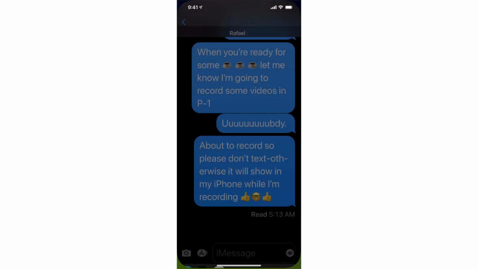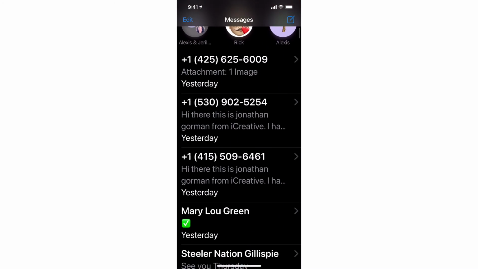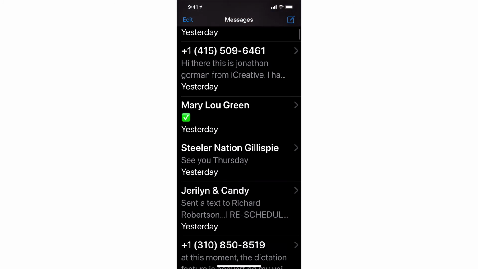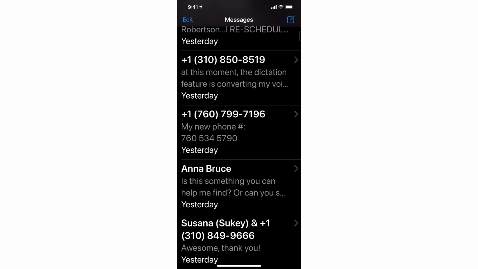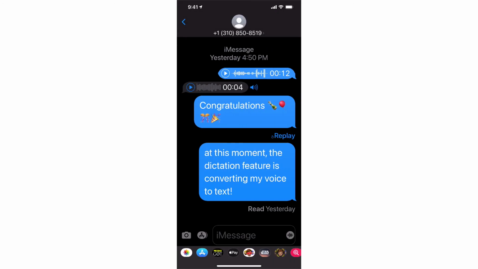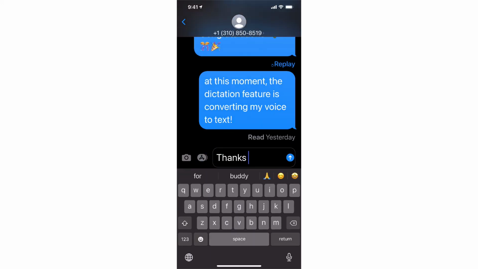I'm going to go to my text messages, and I am going to cruise down to send this person $50. So I'm going to tap where it says iMessage and type a small message. Oh, in fact, I'd like to demonstrate using dictation in the text message, so I'm going to use the bottom